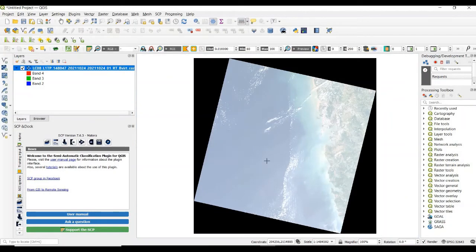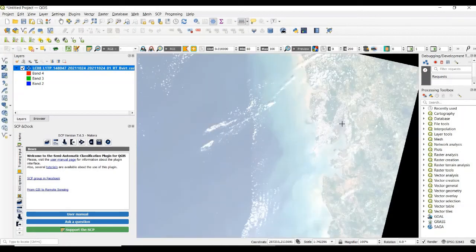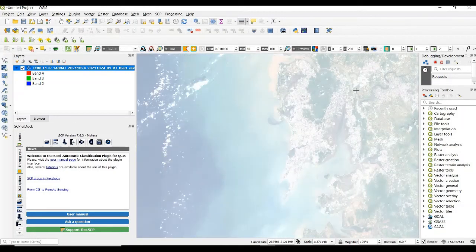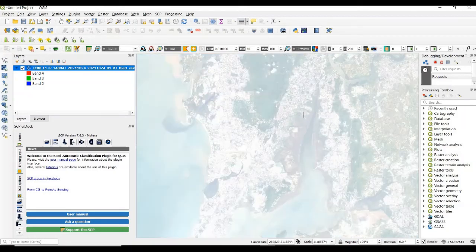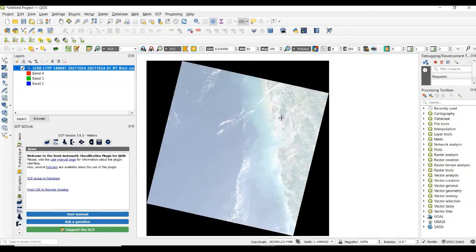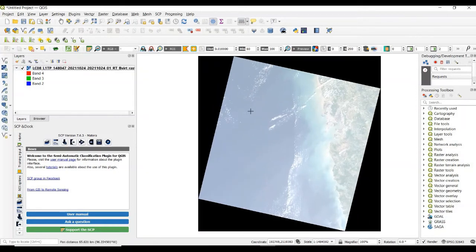This is sea area and this is land area, but in that image we cannot see very clearly what is the area of vegetation or other. So we are going to generate false color composite for vegetation detection and water and land area. Let's see how we can generate false color composite of this area.